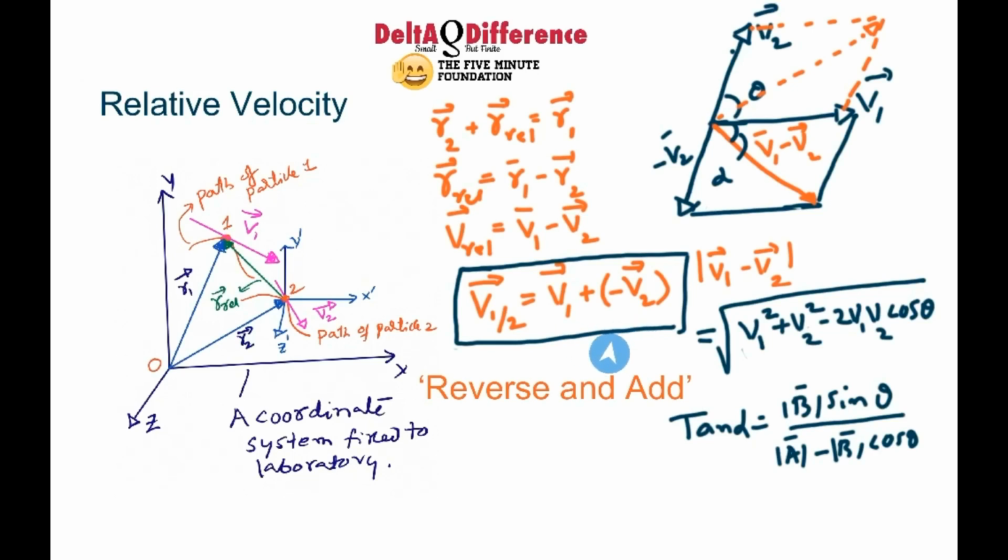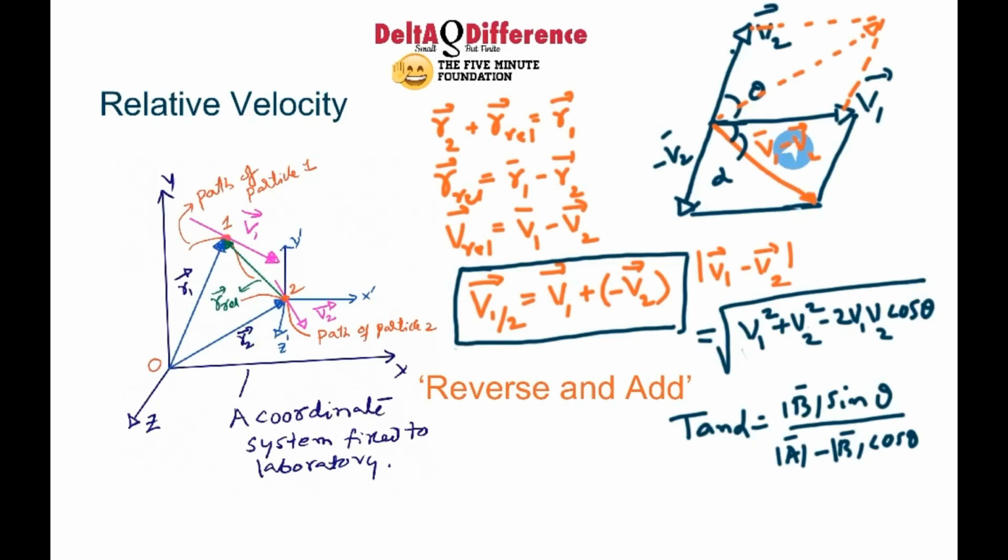How to get this value of V of 1 with respect to 2, that is the magnitude and direction? For that, we can go to cosine rule. These are V1, V2. V1 is this velocity, V2 is this velocity. This theta is the angle between them, that is specifying the direction of these two velocities. Now, you reverse V2 and then add it to V1. Look, that diagonal which we knew is the sum of two vectors. This diagonal is difference of two vectors. This is V1 minus V2.